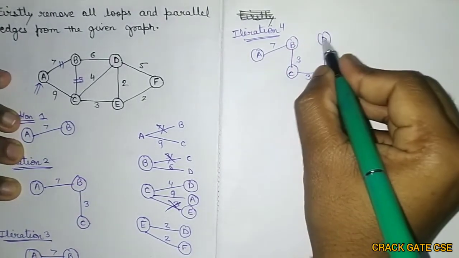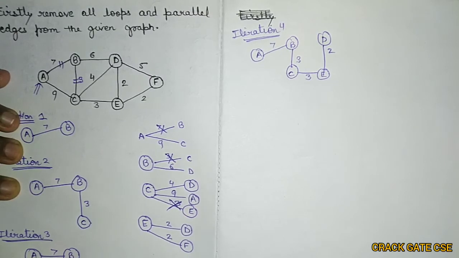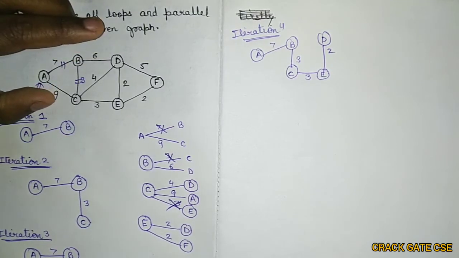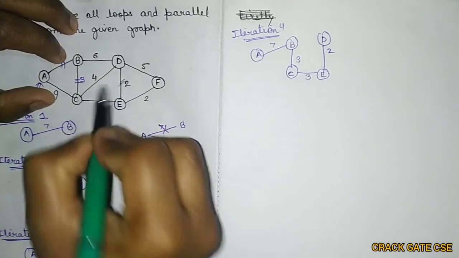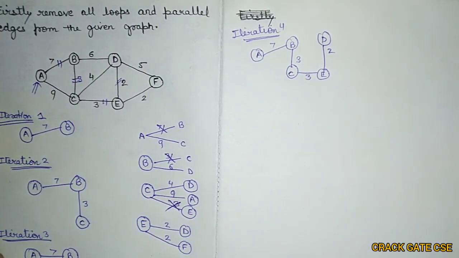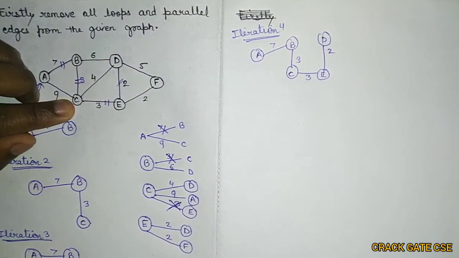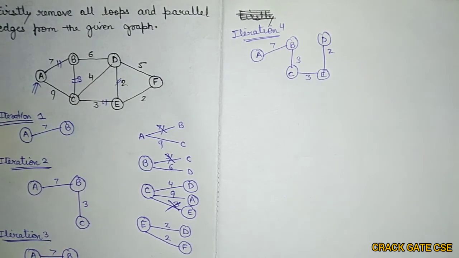And now I am having new vertex as D. So I have to find out the adjacent edges of D also. So D to F is one possibility with 5. D to B also with edge 6, because it has been covered. So what are the remaining? I can write D to C also, right, with edge width as 4. Although it has been already covered, it will not make any issue, right? So I'm having 3 now.